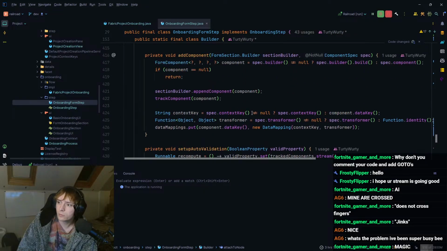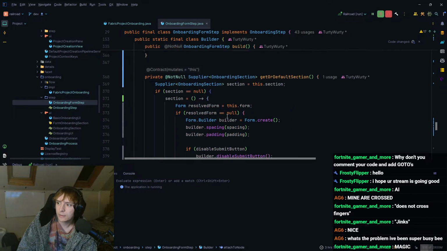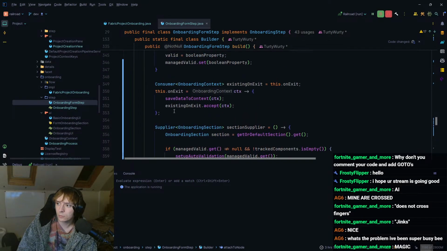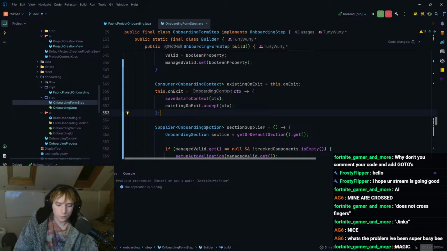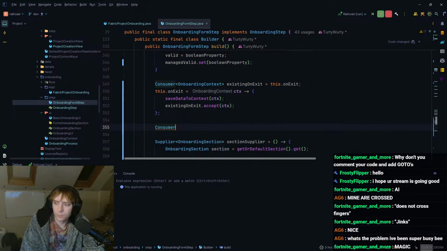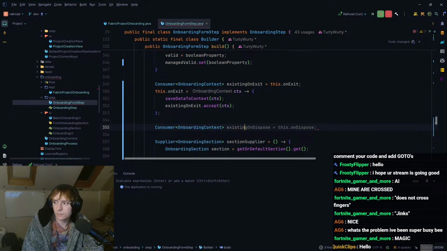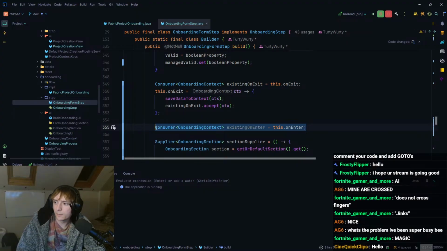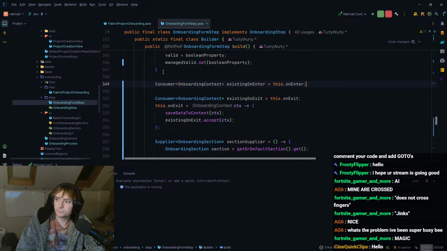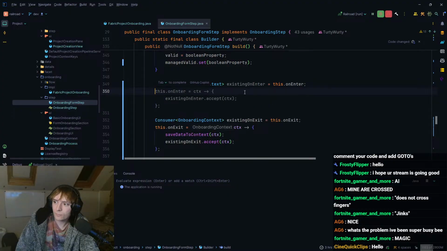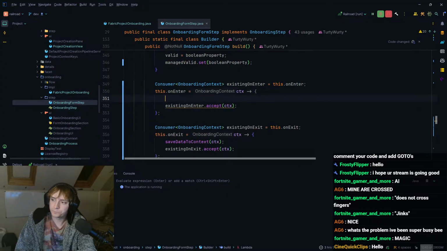So what we could do is pretty similar to what we have on exit, right? So we have a consumer of onboarding context existing on enter, right? And then what we do is we can say,